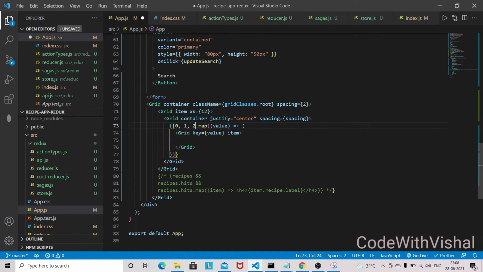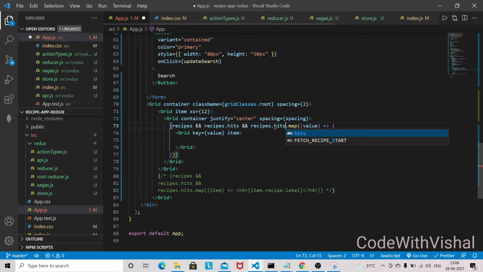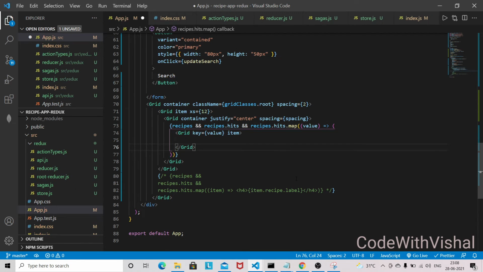So instead of this, it will be recipes, recipe dot hits, then recipes dot hits dot map. Now we are going to use our card component here.